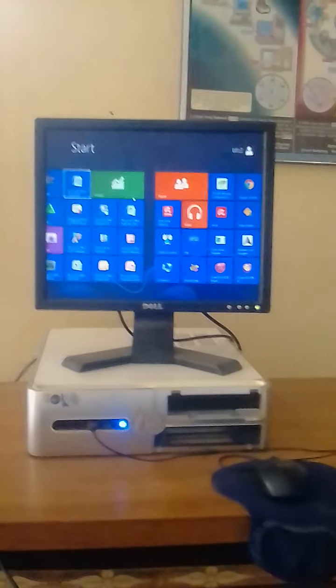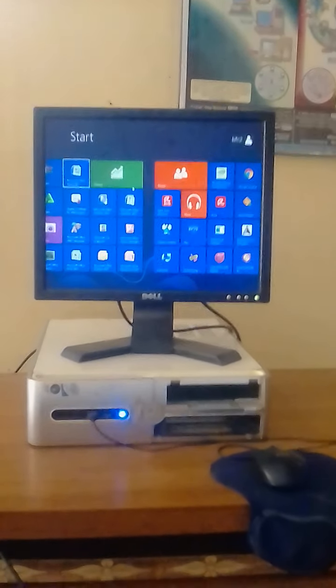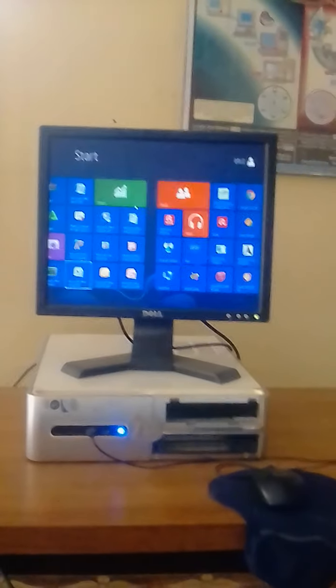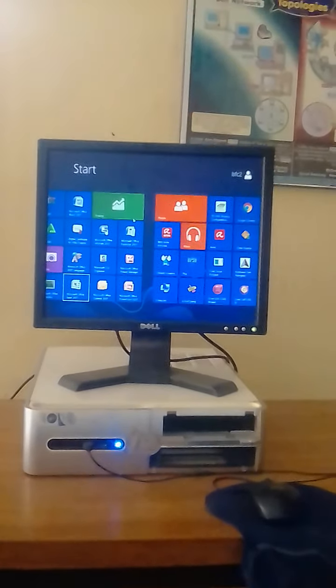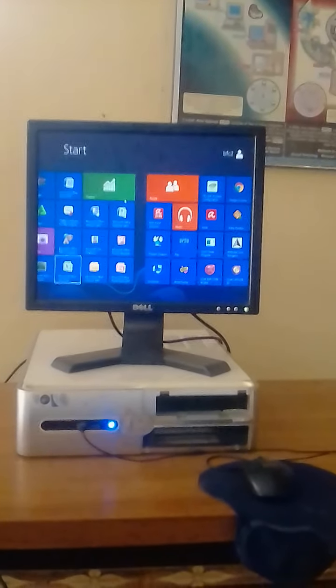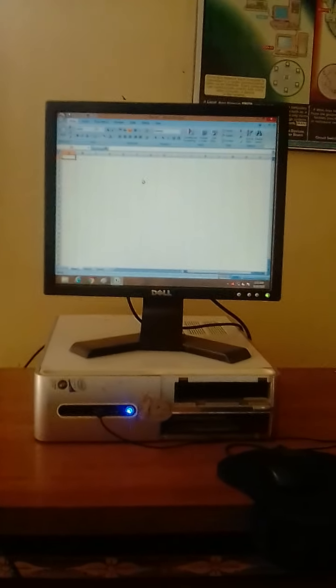So after pressing the arrow key, you will have to see where your Microsoft Excel is present, and as you find Microsoft Excel, you will have to press the enter key. After pressing the enter key, Microsoft Excel is opened on the screen.